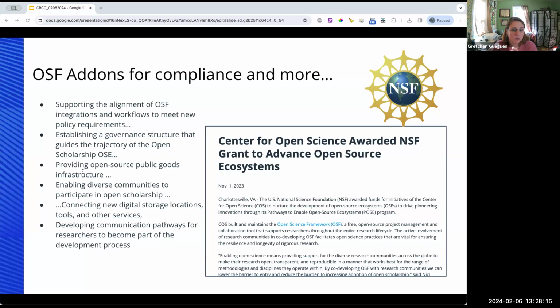As part of this grant, we are going to revamp our APIs and create some new APIs and develop strong community support around them, so that the community can develop their own types of integrations into OSF with other tools. And as part of the grant, we will develop a number of tools, but at the end of the process, we'll have the API with documentation and a support community for anybody to be able to pick up and develop other kinds of integrations into OSF. And when I say integrations, I mean tools like using DMP Tool to create a DMP and then being able to bring that into an OSF project space, or